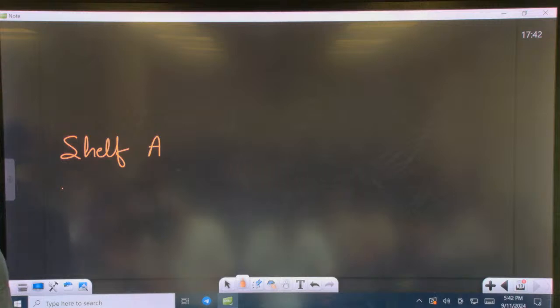There are two shelves, shelf A and shelf B. Shelf A has 4 by 5 of the number of books that shelf B has. If 25% of the books from A are transferred to B,